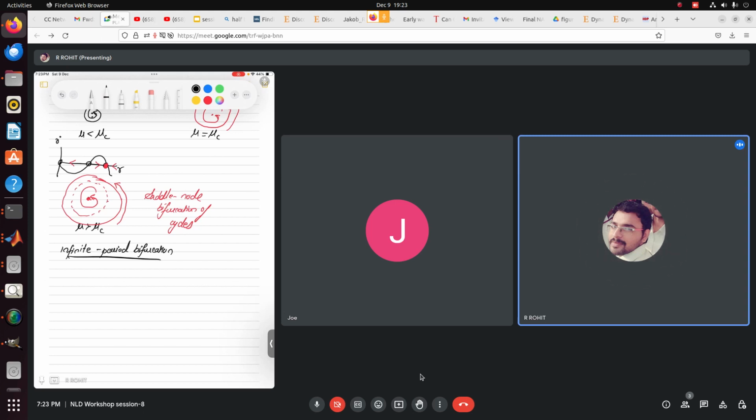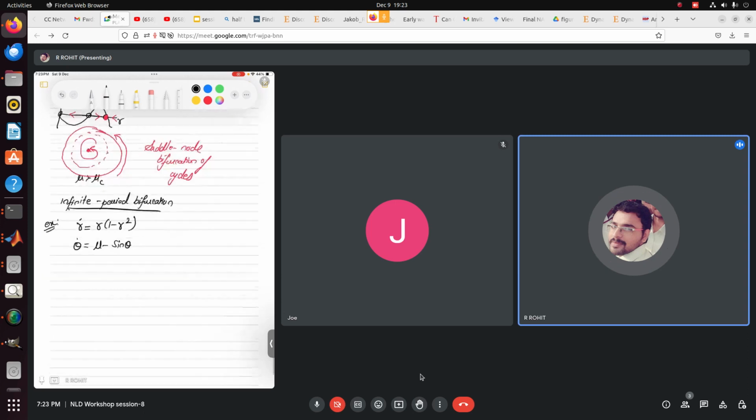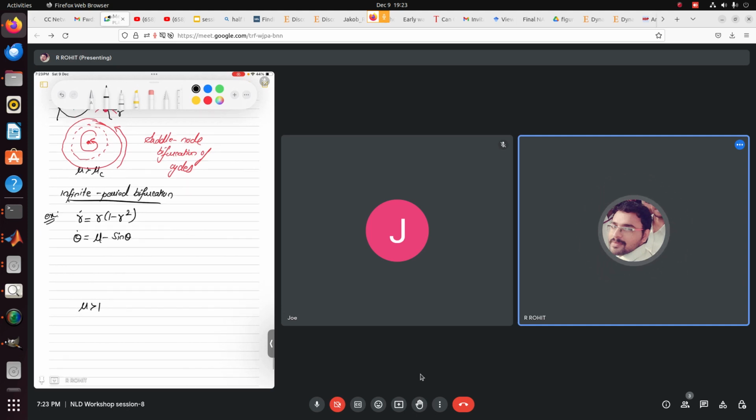infinite period bifurcations. For example, you had an equation of the form r dot is equal to r into 1 minus r square, and theta dot is equal to nu minus sin theta. Theta dot equal to nu minus sin theta, we have already seen. It's the nonlinear oscillator equation that we just saw in the third lecture. So if you are having this, we will directly go to the results: when nu was greater than 1, the system has a limit cycle oscillation,